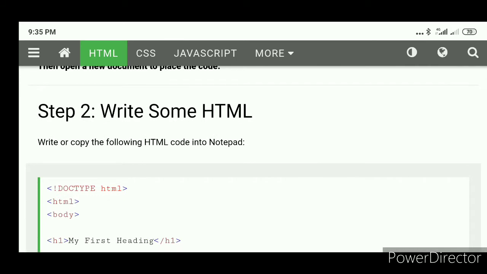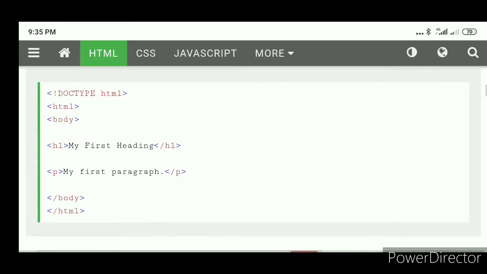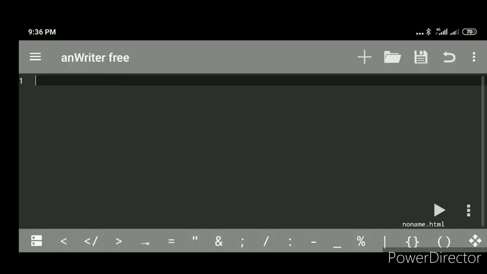Write some HTML code over there. So let's see how to write the HTML code in Notepad. I'm coding through my mobile, that's why I'm using the free AnWriter app in APK, which is similar to Notepad on PC.